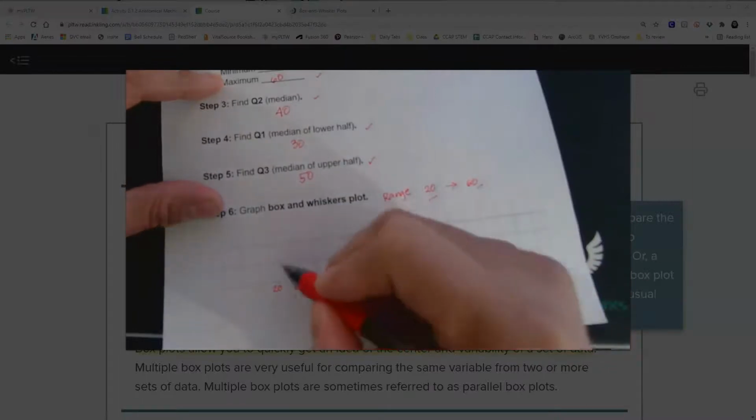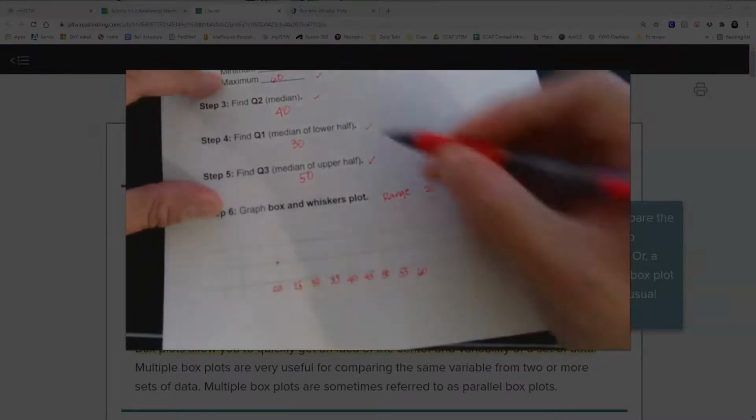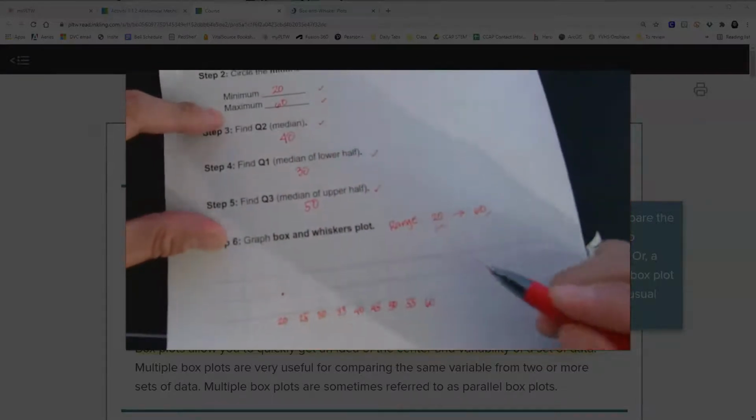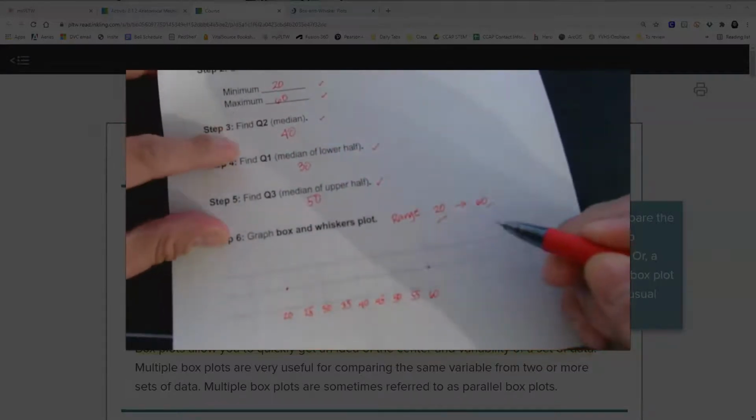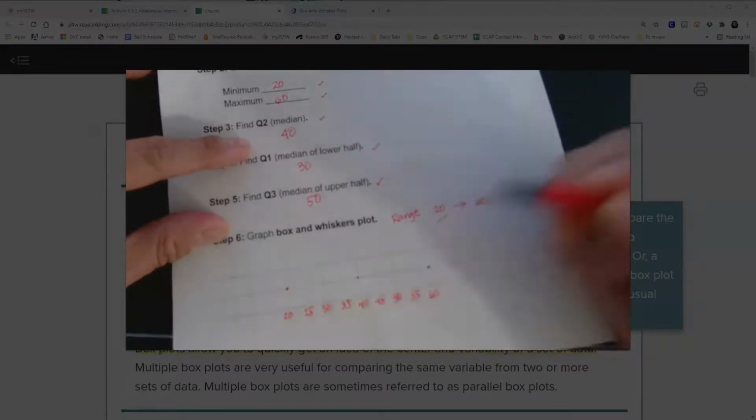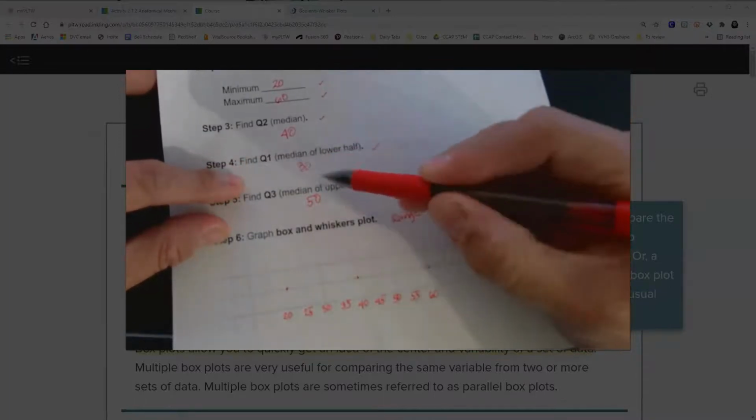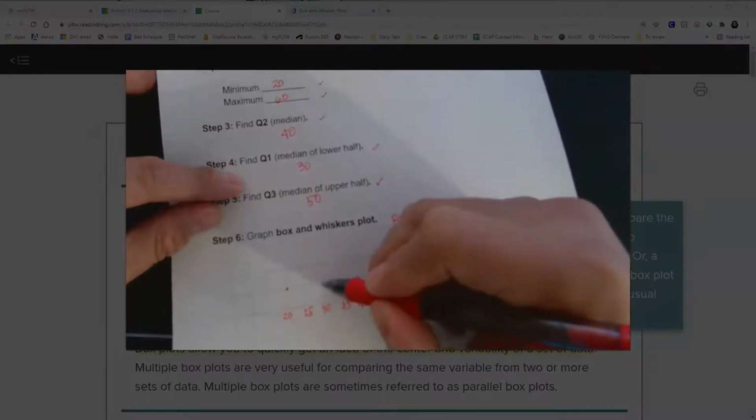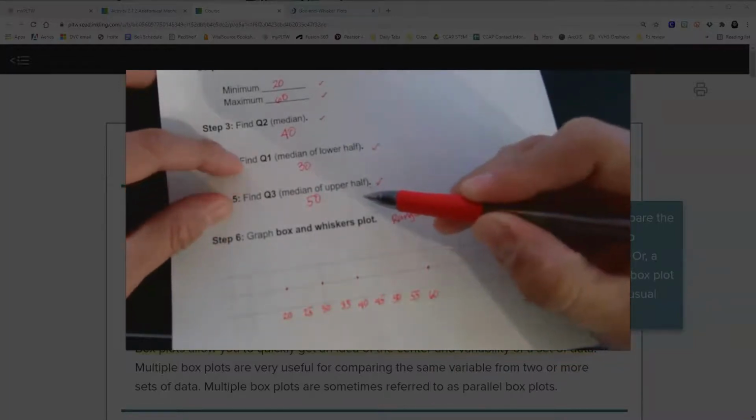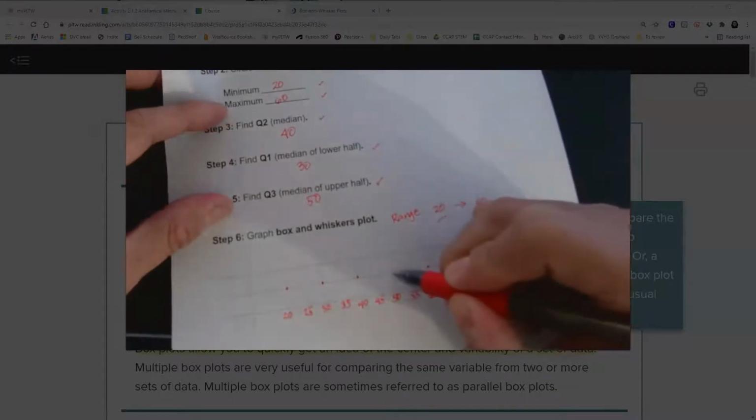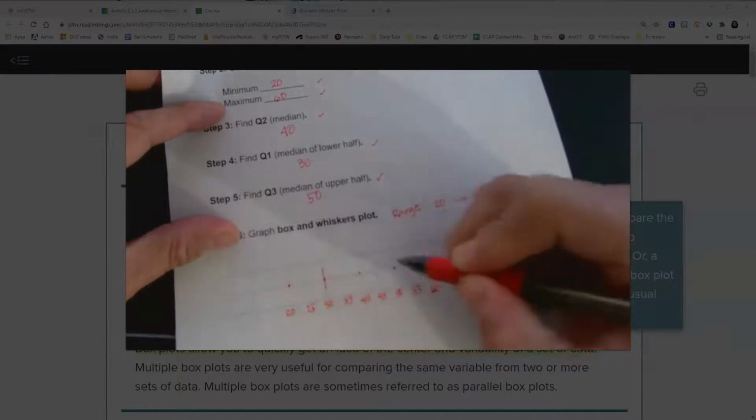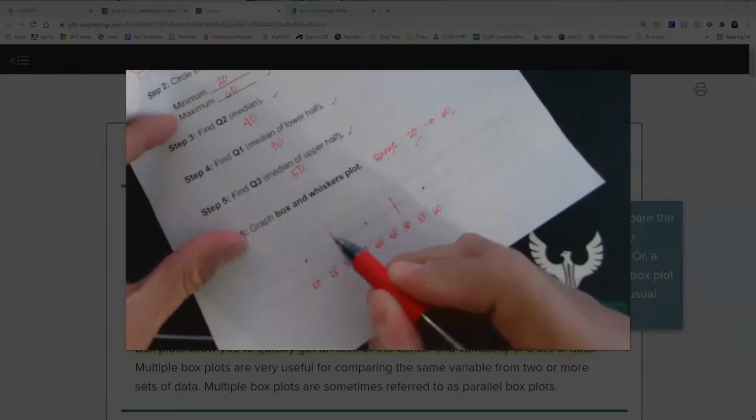20, I'll put a point here, and then the maximum is 60, so I'll plot the point here for 60. My median is 40, so I'll put a point here at 40, and then my first quartile is 30, so I'll put a point here at 30, and then my quartile 3 or third quartile is 50, so I'll put a point here at 50. So the 30 and the 50 are the walls of the box. So I'll draw a box,